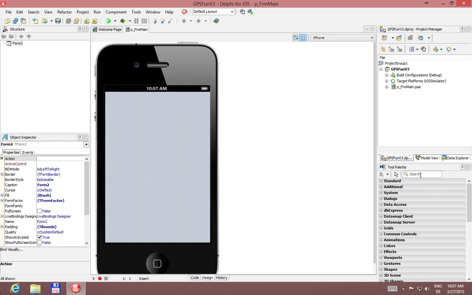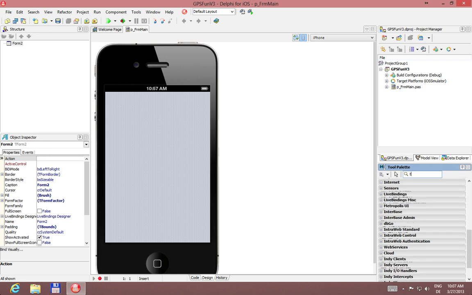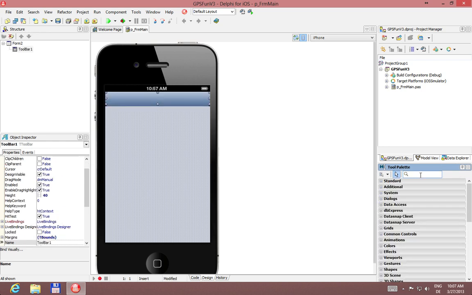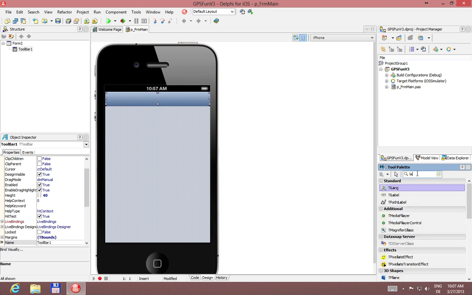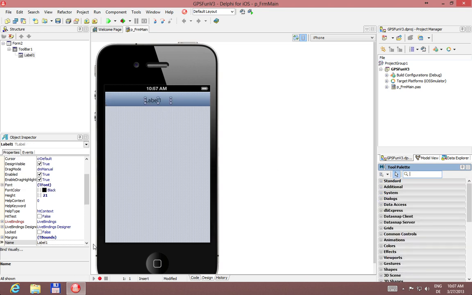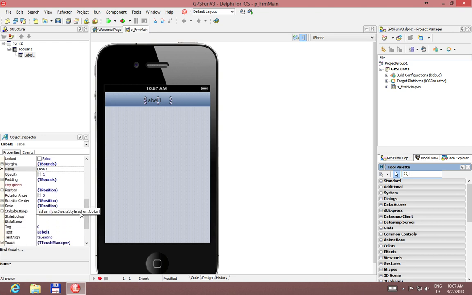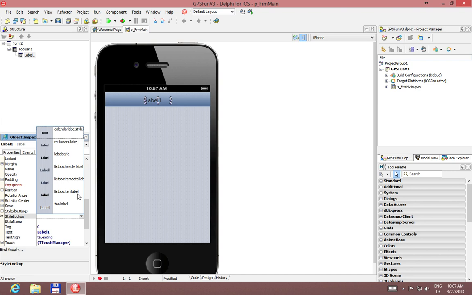Okay, the first step we need is a toolbar for the header, and you see it's very simple to do. In the toolbar I will bring up a label, and for this label we can add the style sheet settings. The style name, the style lookup, come on, that's a tool list box. No, that's the